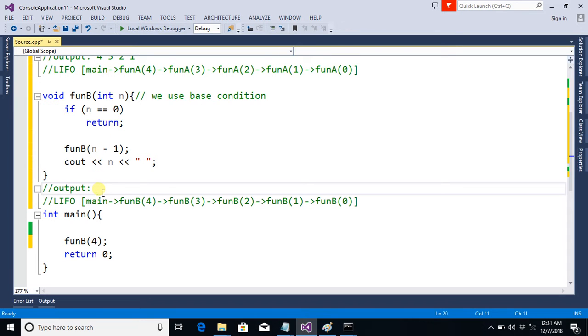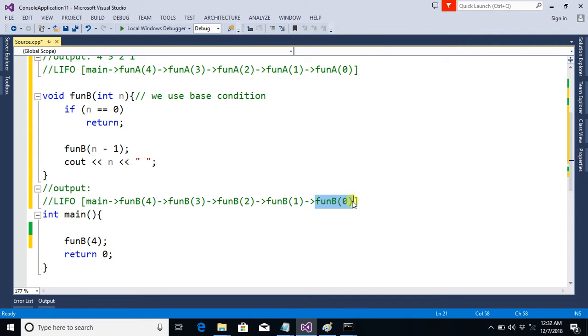Here you need to understand the concept of recursion in terms of stack. We push the function into the stack this way and then we will pop it from here. So the functions are started this way but they are finished this way. So main will be started first of all, but it will be the last function to be finished, and this function was started at last but it would be the first function to be finished.